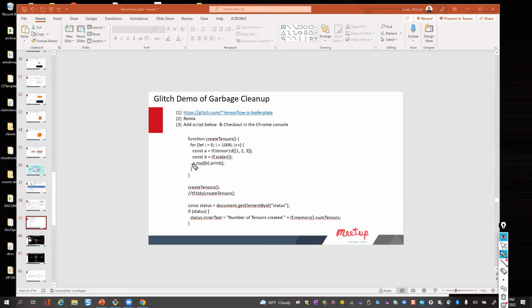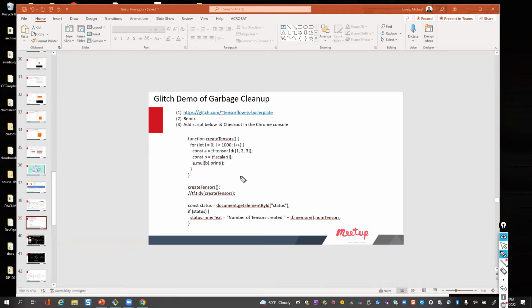Then we're going to multiply tensor A times tensor B. So if it's [1, 2, 3] and you multiply by the variable 3, then it would be [3, 6, 9]. We're going to create 1,000 of those. But there are going to be 3 tensors, so it'll be 3,000 tensors created: the A tensor, which is the 1D tensor, the rank 1 tensor; the B tensor, which is the rank 0 tensor; and the multiplication, which is the 1D tensor.